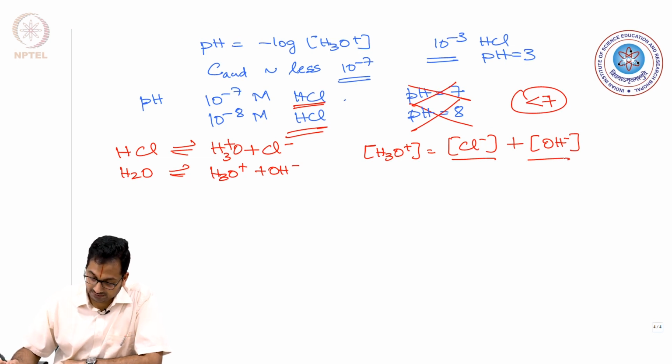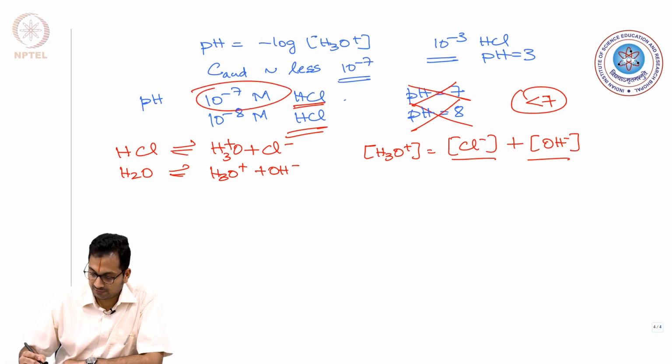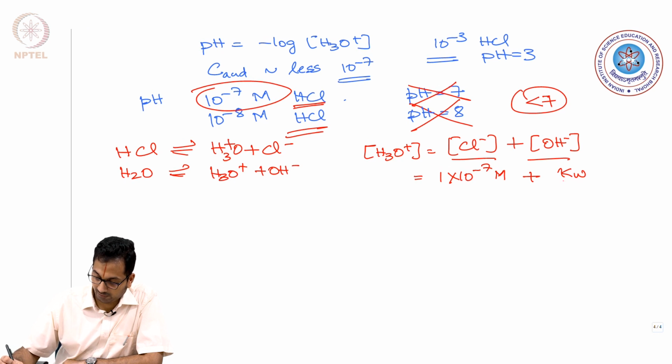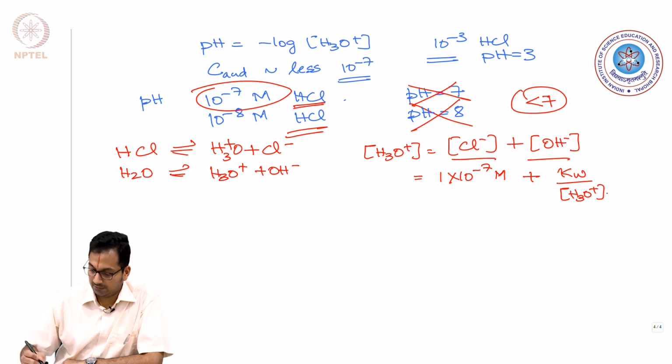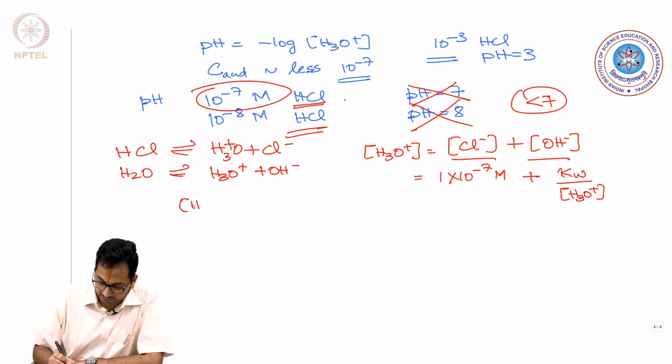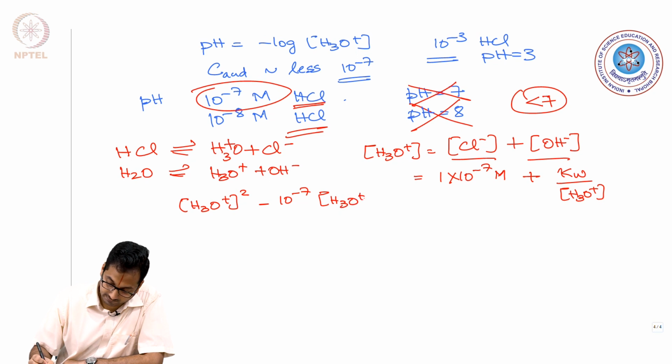So, when you are having this case, we just took an example of 10 power minus 7 molar. So, you are able to realize this is going to be 1 into 10 power minus 7, and the OH minus we know for a fact is given by Kw divided by the H3O plus ion concentration. So, doing the basic LCM, you are going to get H3O plus the whole square minus 10 to the power minus 7 H3O plus minus Kw. I am going to write it directly as 1 into 10 to the power of minus 14